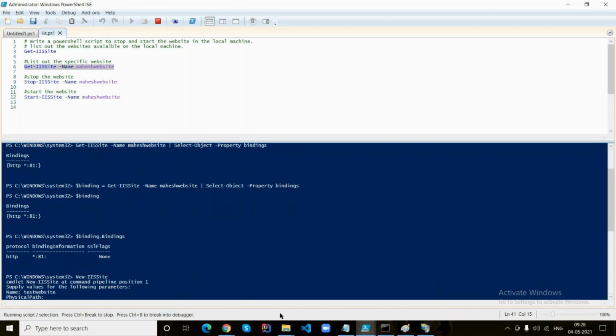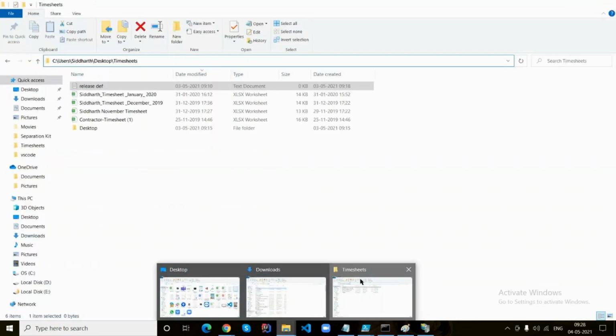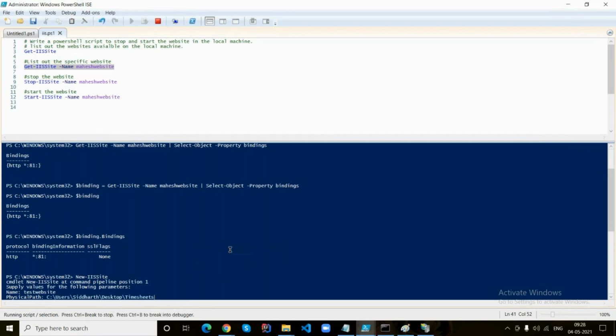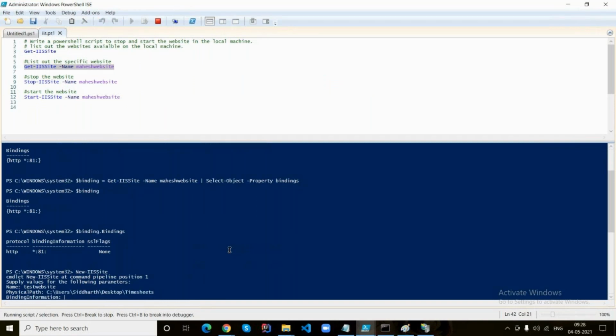Physical path. Now star colon 82 colon. That's it. Colon. Execute.